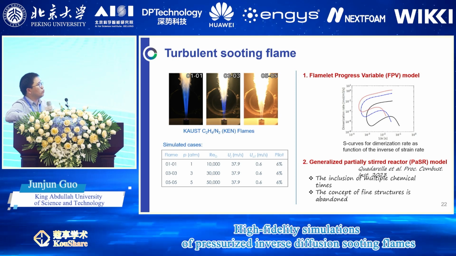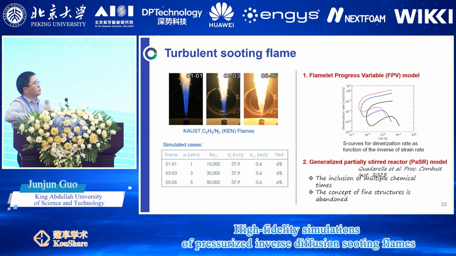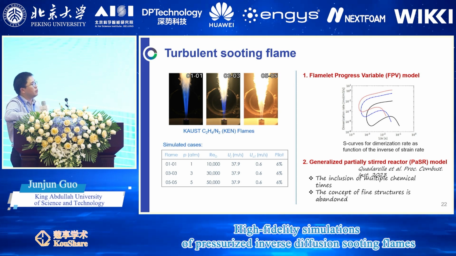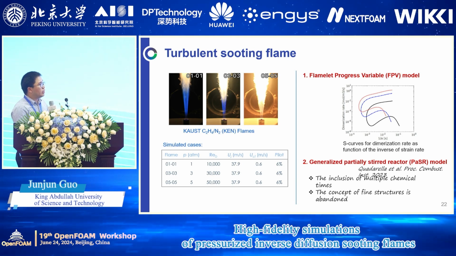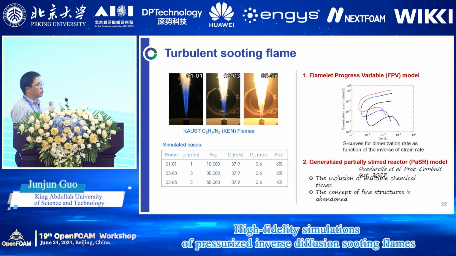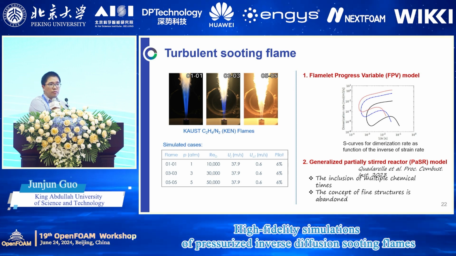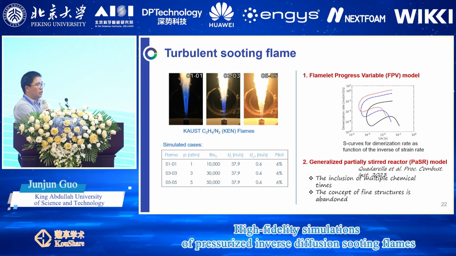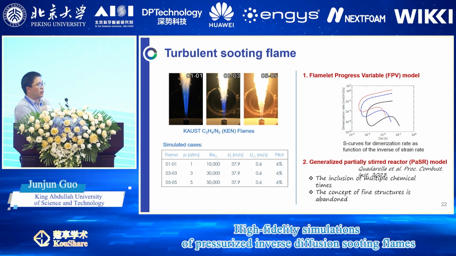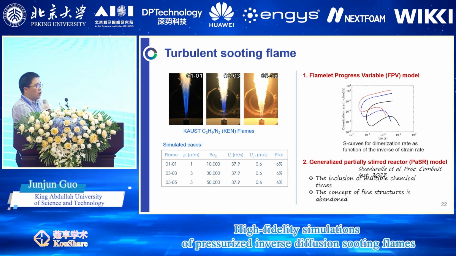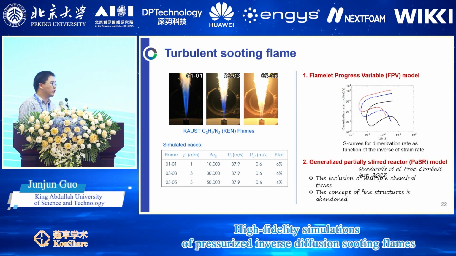We have two methods for the combustion model. One is the typical flamelet progress variable model. Here we need to generate some flamelets which include the soot information, but basically with FlameMaster we cannot get the soot. So what we did is implement the flame-controlling continuation method in OpenSMOKE, and then we can get this S-curve for the soot information.